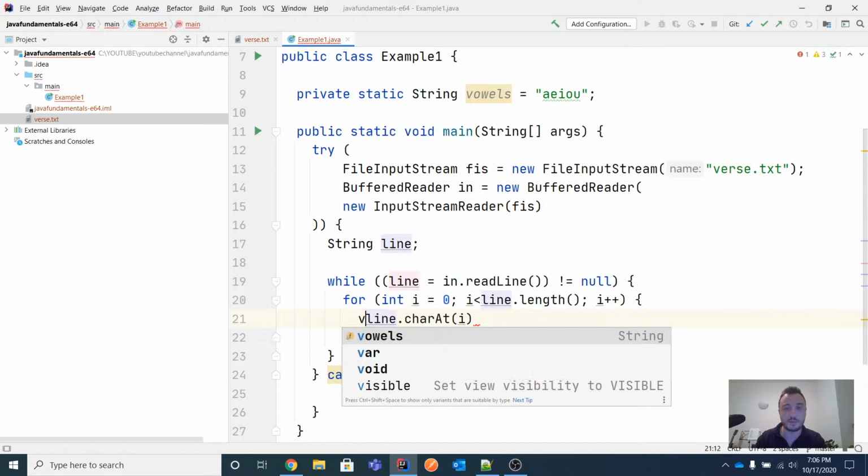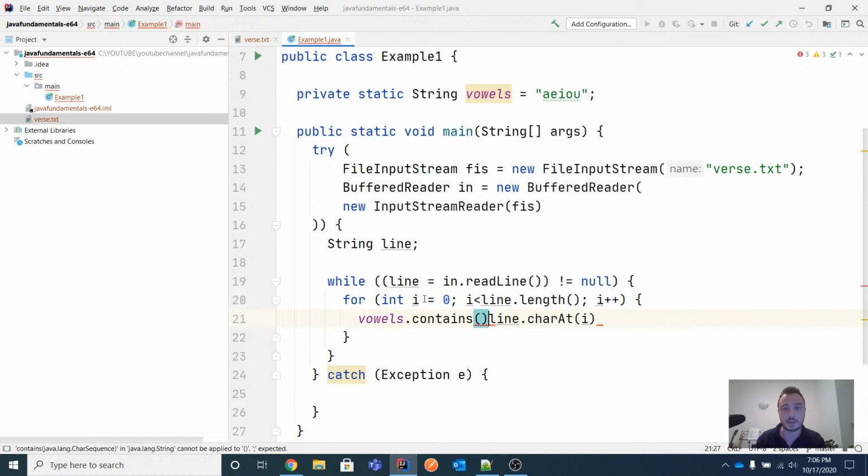So if my vowel string contains line.charAt(i), and then I can actually make sure, to make it easier, we have also the capital letters here. So if